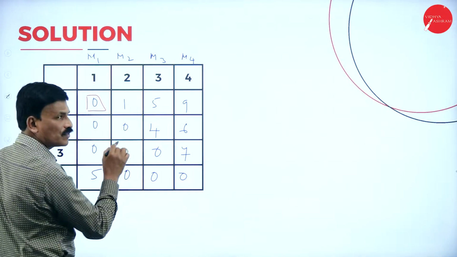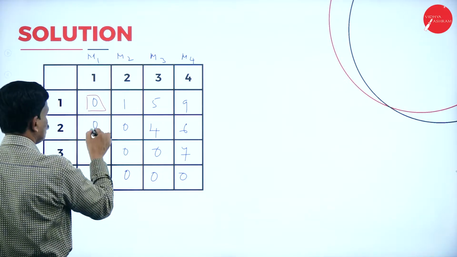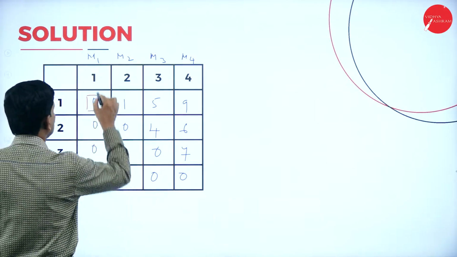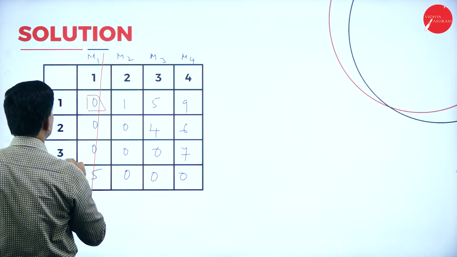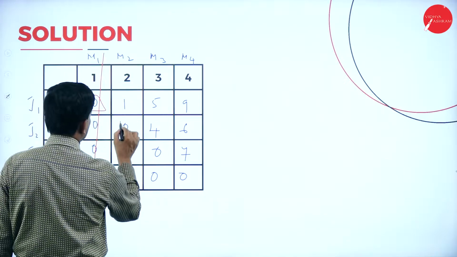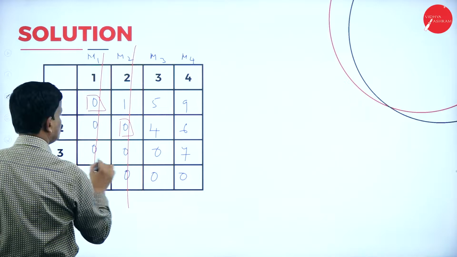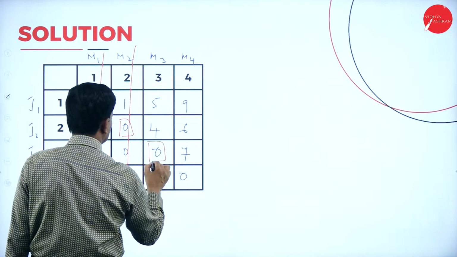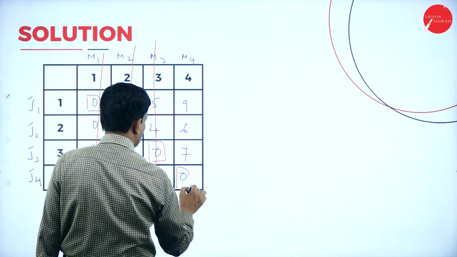So if this is row 1, in row 1 where you have 0, once the 0 is marked, we can cancel this column. So column 1 is cancelled, M1 is cancelled. Now go to J2. In J2 we have 0 here. Once it is marked, we can cancel this. Again in J3 we have 0 here, so you can cancel this, and in J4 we have 0 here, we